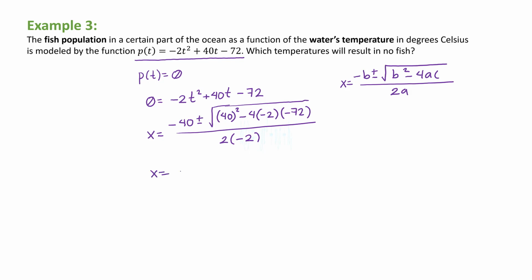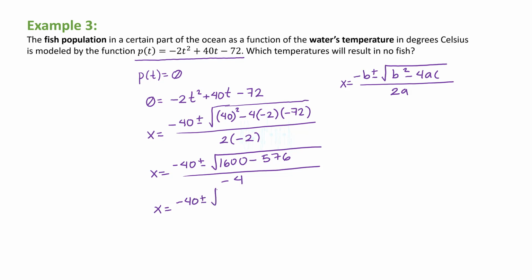Now we solve, minus 40 plus minus square root of, the square of 40 is 1,600. And minus 4 times minus 2 times minus 72 gives us minus 576, over 2 times minus 2 which is minus 4. Minus 40 plus minus the square root of 1,600 minus 576 gives us 1,024